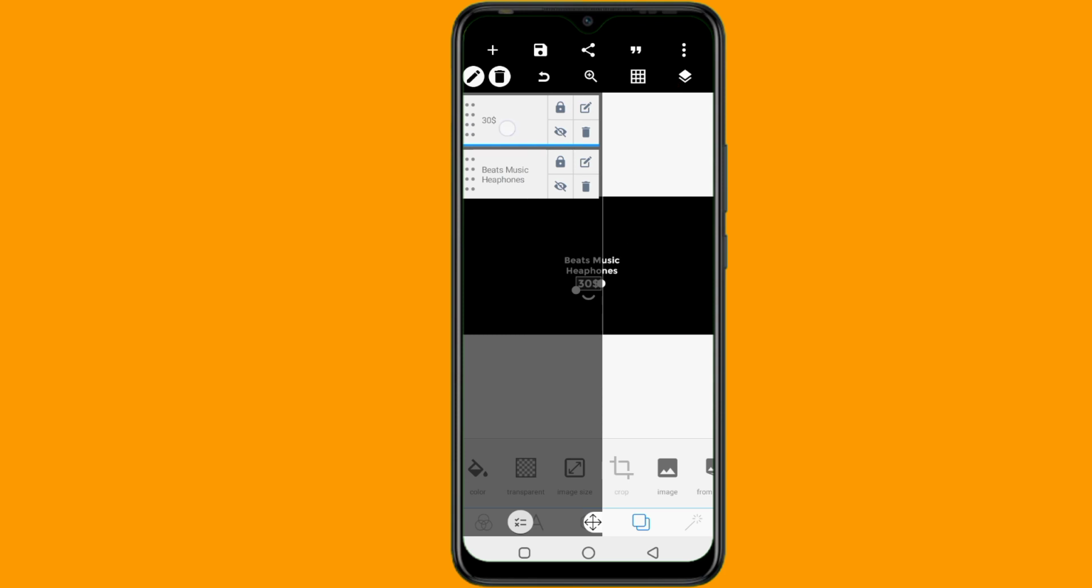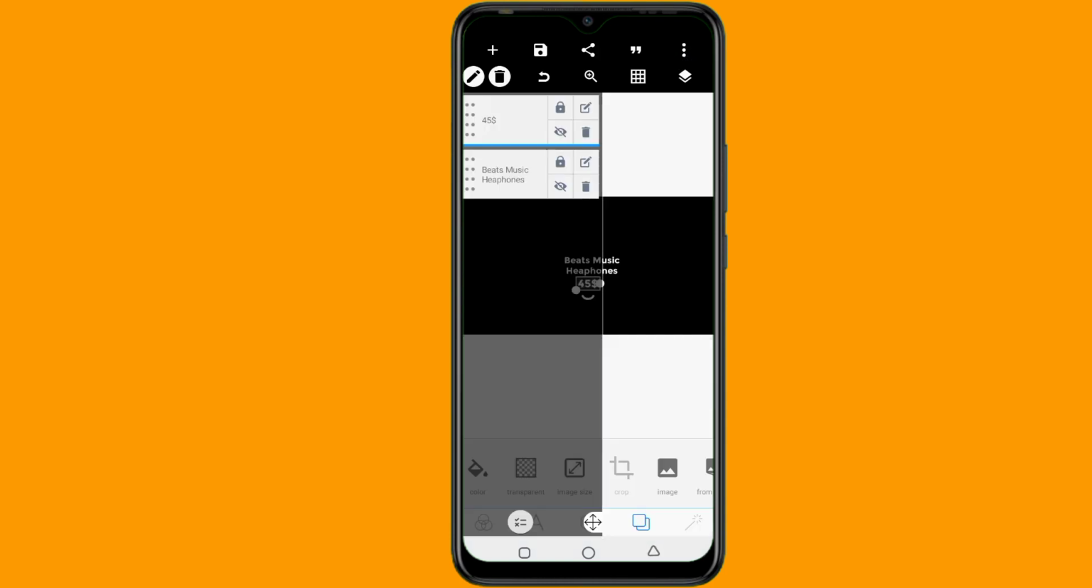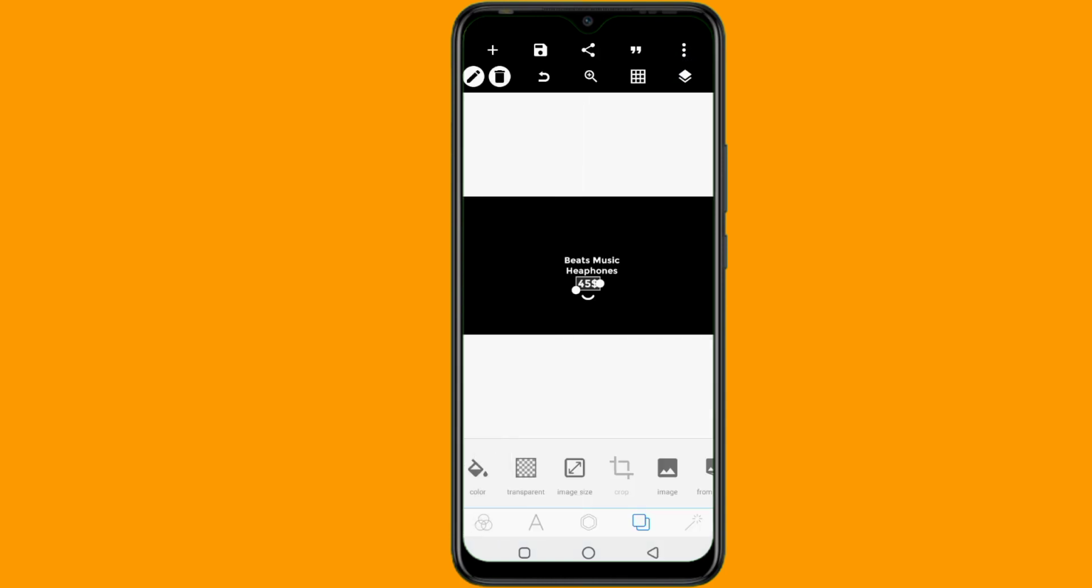Then I'll tap on this text here, that is the $30. I will click on this edit, and I'll tap on this edit again to edit it. So maybe I can just say $45. All right, this is just an example. All right guys, so I'll tap on this